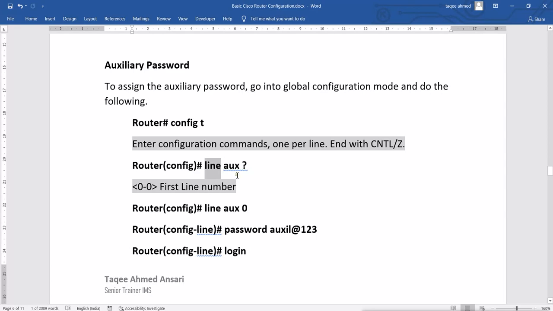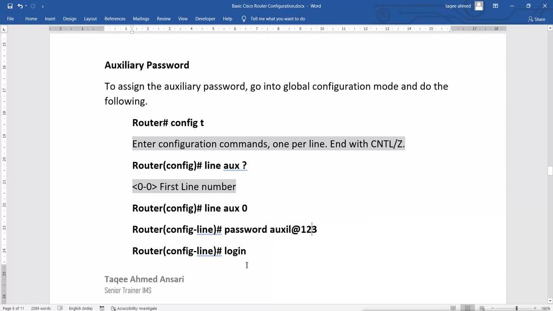This time I will select the auxiliary port. If I give a question mark, I will see that the port number is 0, because we have only one auxiliary port. Then we can give a password. The command is password, same as for console, followed by whatever password we want to assign.